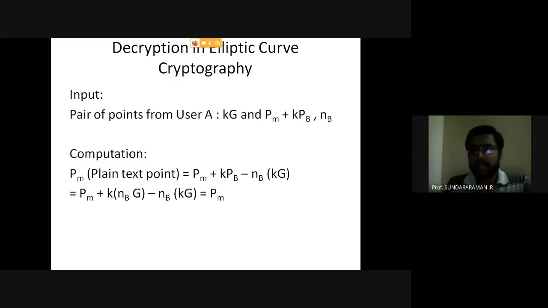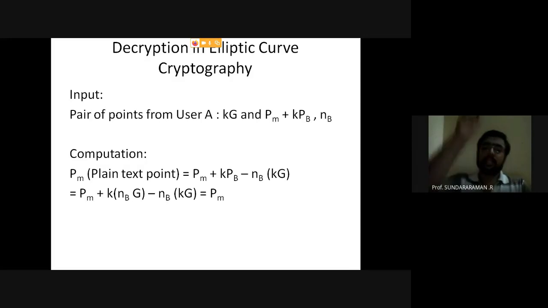So what about this subtraction? Subtraction is nothing but A plus B: A minus B is equal to A plus minus B. So with respect to the prime field, now the mirror point has to be generated. For example, if xp comma yp is 1 point, xp comma minus yp is another point. That means minus of xp comma yp is equal to xp comma minus yp. Because of the mirror point, if you look at the curve, probably you might be able to understand.